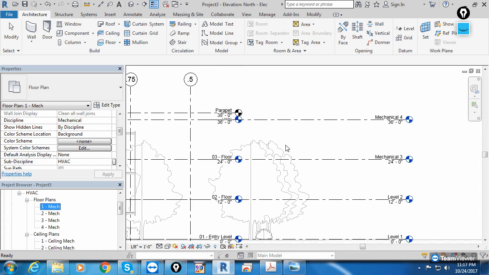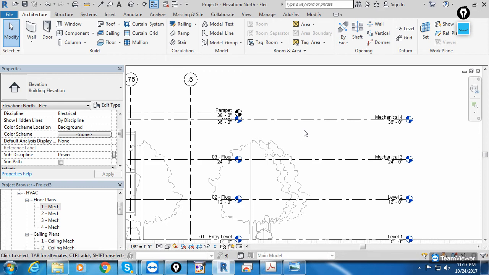But before this, one more step you can write in the notes. What is the last point? Link project, link architectural project. After that, you can write the next point. How to create, it is there in the notes, but you write the point. Create copy levels, in brackets with floor plus ceiling. Copy levels in brackets floor plus ceiling of all the levels for your project or for the building.